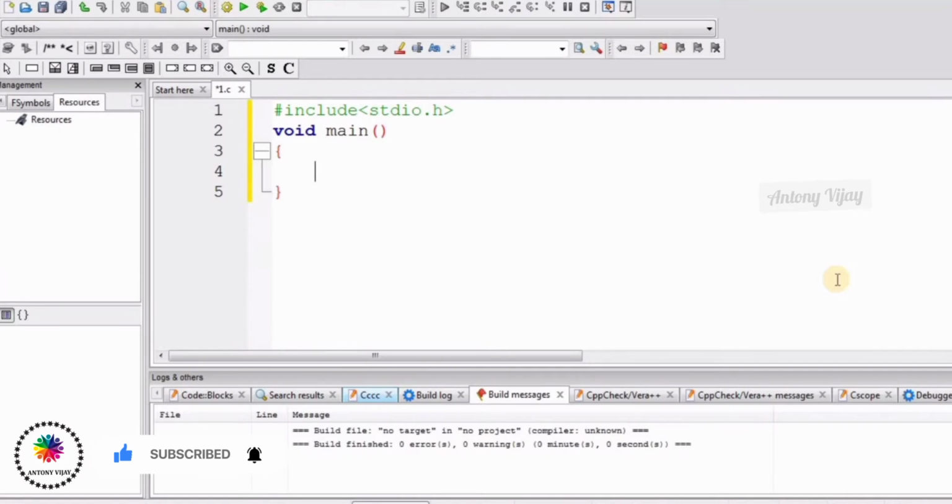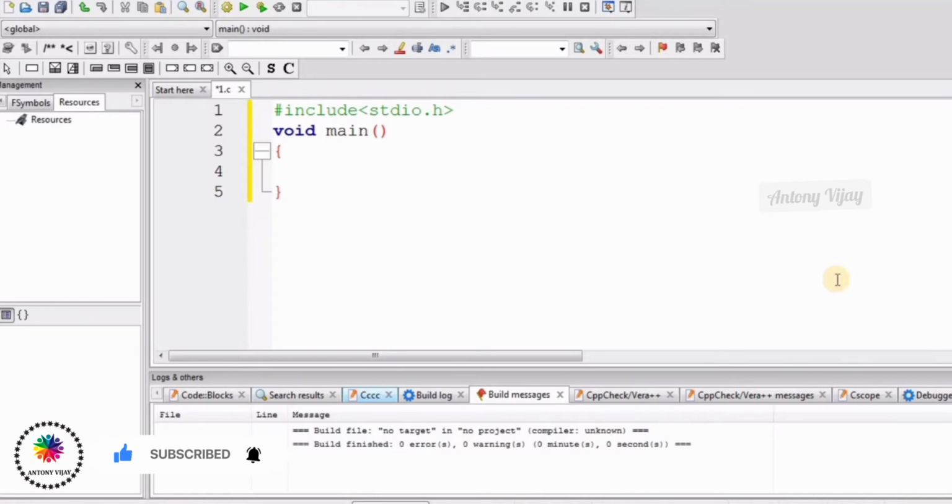After that, when I talk about simple interest, you are supposed to think about how many variables are necessary for it. Usually we have the principal amount, the number of years, and the rate of interest. After calculating all those, we have to store the result in a separate variable. Totally we need 4 variables, so we have to decide which data type is necessary for each variable.